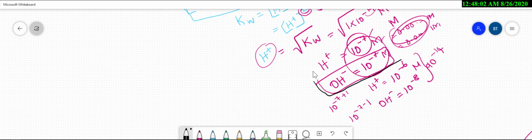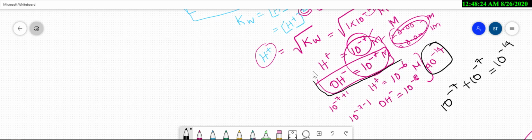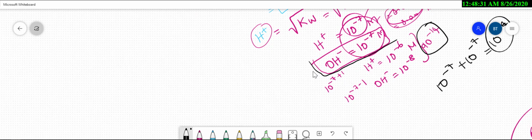Regarding these conversions, both are present in equal amounts. That means whenever there is an increase or decrease in concentration, there will be a shift in values, but ultimately the product will be 10 power minus 14 only. So if they are equivalently present, 10 power minus 7 and 10 power minus 7 give rise to 10 power minus 14. So no more changes. This is the reason the maximum value will be 10 power minus 14 only. Now if H plus ions are increasing, that means pH is decreasing.